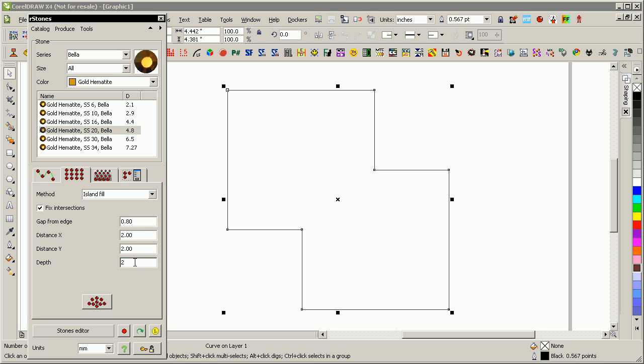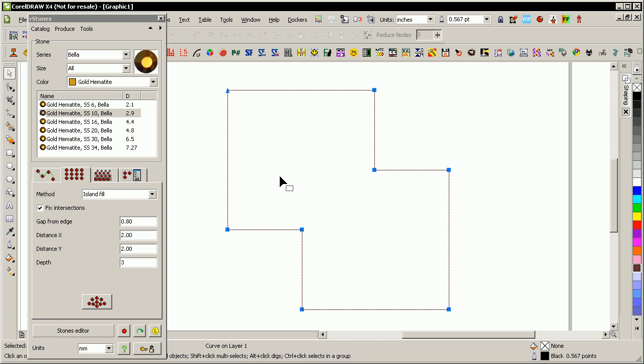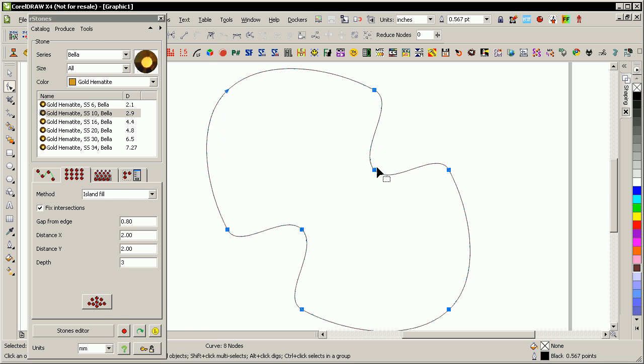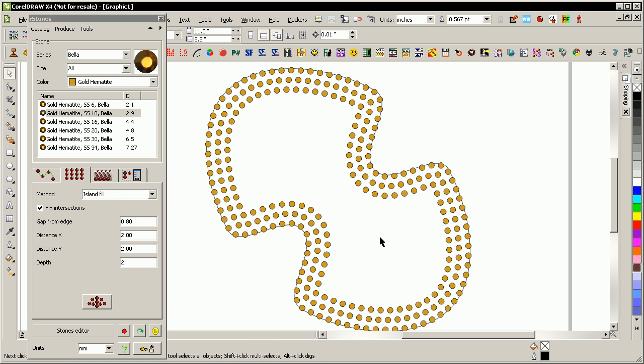If I undo that, go back to, let's say, so we set this to 3, we choose a much smaller stone, see what that looks like. See how easy it is to create designs like that? Very nice. And even if we selected all those nodes and converted them to curves and did some crazy shape like that, if we hit make that 2, you can see how it's very nicely and elegantly spaced those stones out around that type of